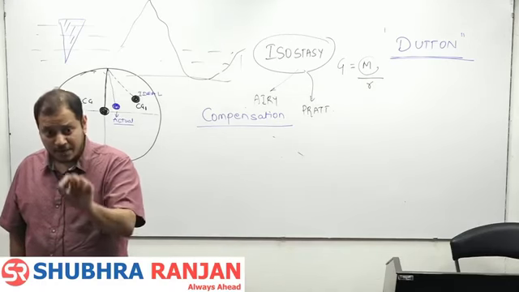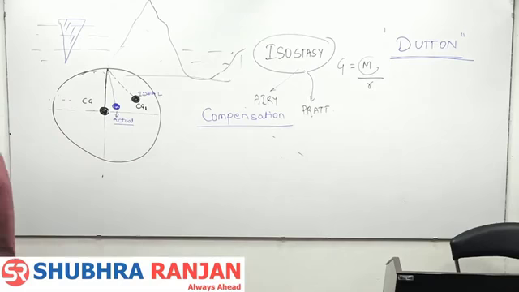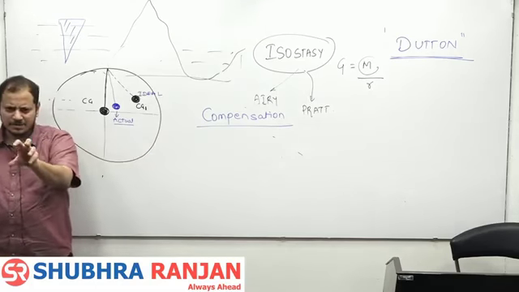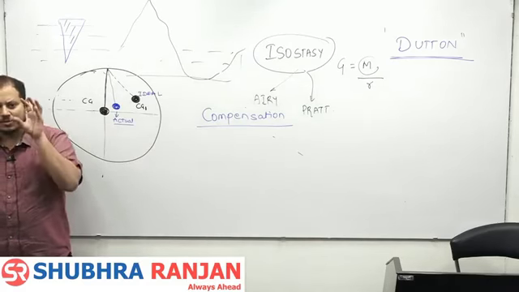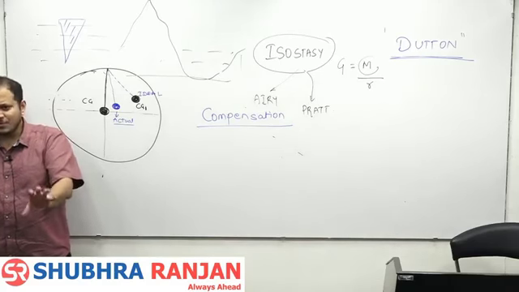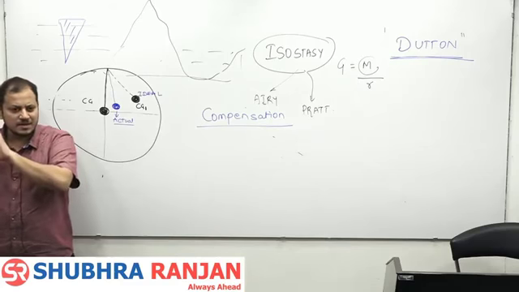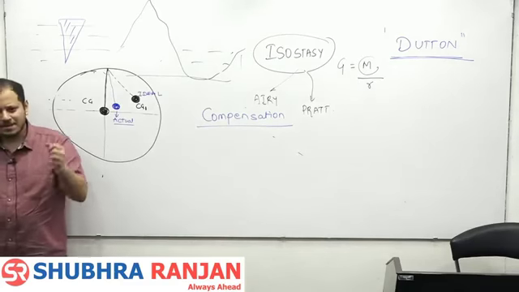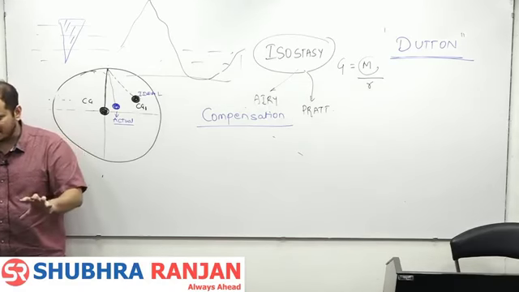If that is also asked, but generally UPSC will ask you to discuss or compare and contrast the concept of Airy and Pratt. So you should start with Dutton, and you should not write what I am dictating now. It is just for academic interest. But those who want to know, you can go home, read Savindra Singh and get an idea. But again, it is not for our syllabus. What George Everest did, what someone did in the Indies, all this is not for us, we have to come directly to Airy and Pratt.